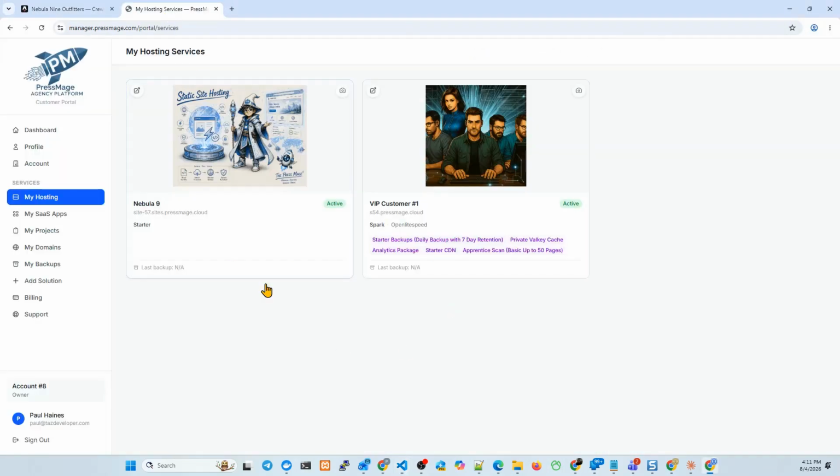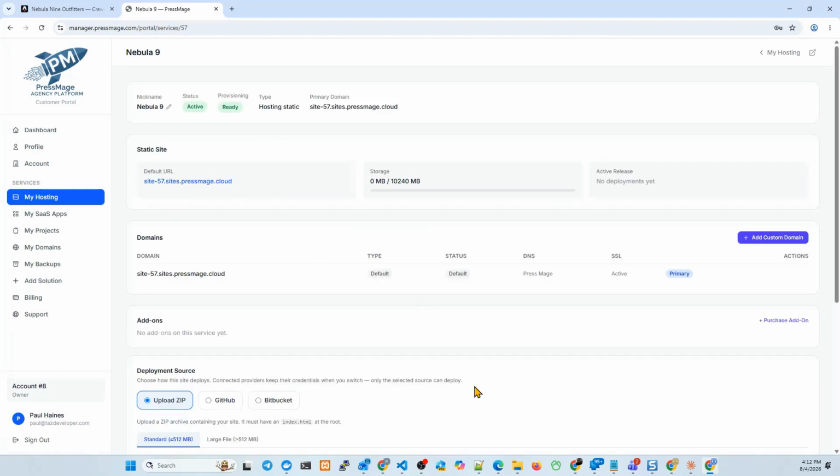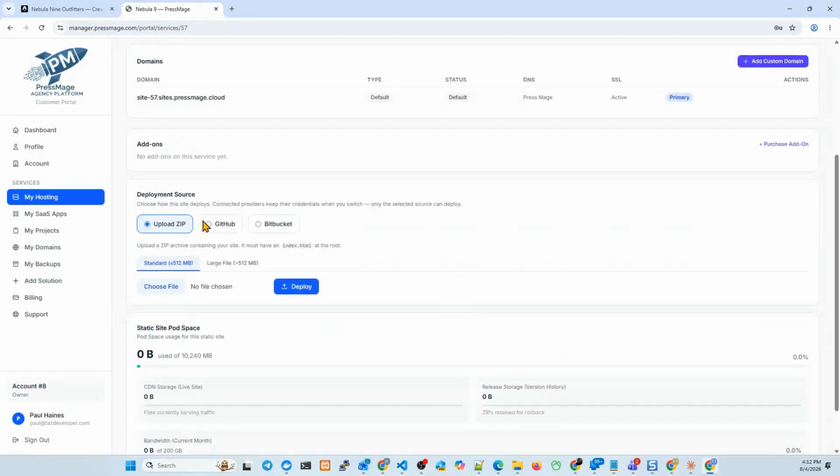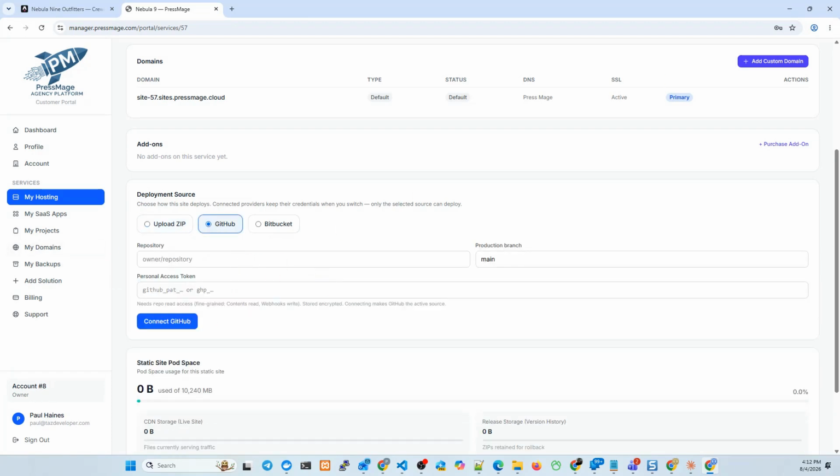I'm going to go into Press Mage, and I've created and provisioned a site for Nebula 9, and I'm going to open that up. And you have three ways that you can deploy source code. You can do it through uploading a zip file, which will take everything in the zip and stick it in the root of the site's space, or you can use GitHub or Bitbucket. In this case, I'm going to go ahead and use GitHub, and I'm going to